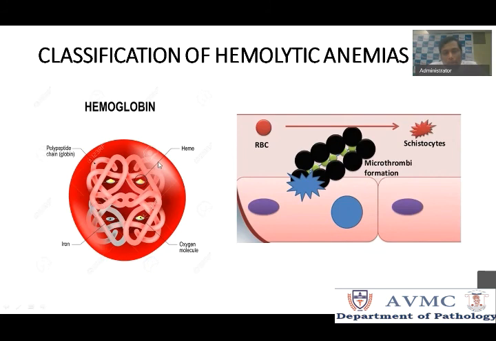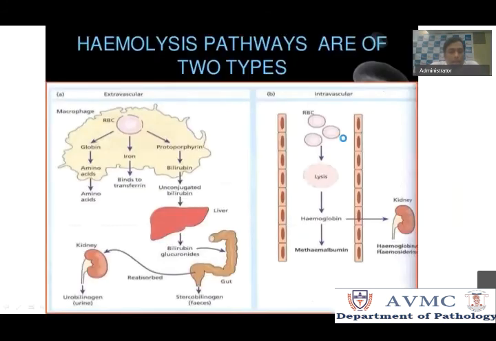For outside, it could be a thrombus or a stent which is in the way of an RBC, so it can damage the RBC, leading to destruction of the RBC. Patients who have cardiac valves, or any thrombi in the capillary, the RBC in circulation can go and hit it, get damaged, and go for lysis. So that is an example for extracorpuscular hemolytic anemia.